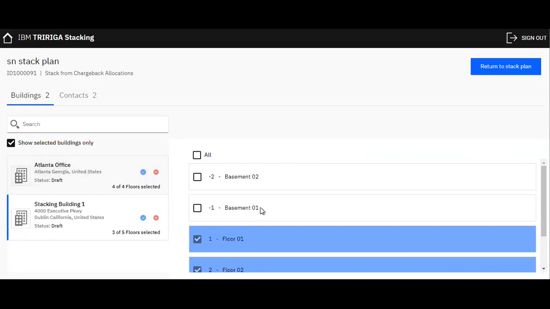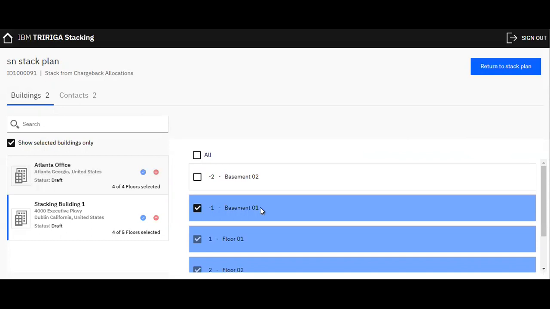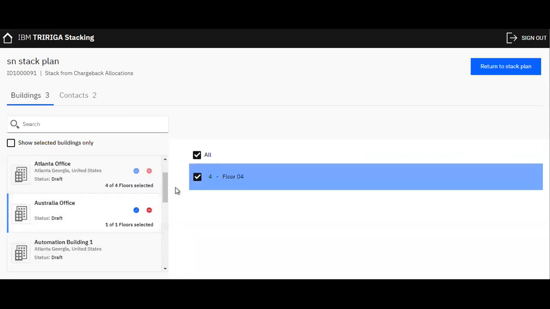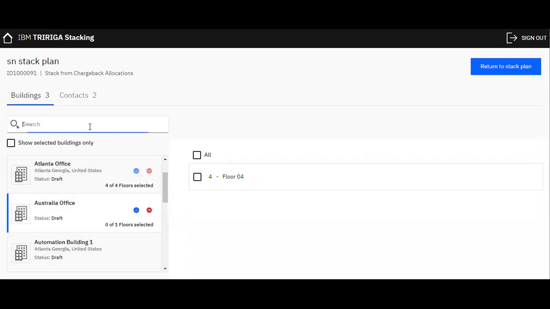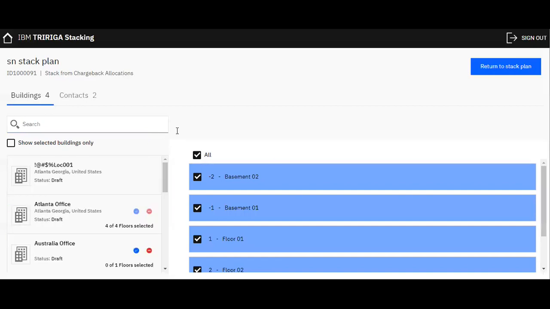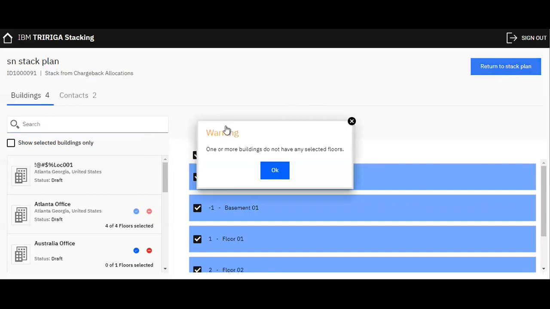So let's add a floor for this building, and to add a new building this checkbox need to be unchecked. So let's uncheck it, which shows all the buildings now. So let's add a few buildings, and let's save these changes. It shows a warning pop-up indicating that some buildings do not have any selected floors. So let's tap on OK,